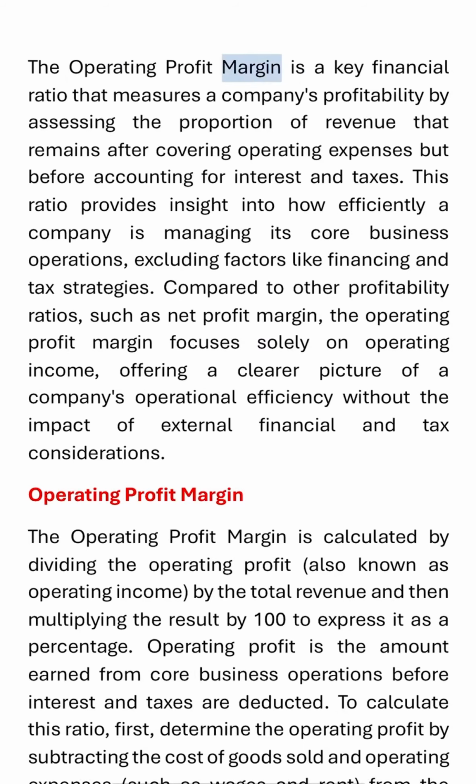The operating profit margin is a key financial ratio that measures a company's profitability by assessing the proportion of revenue that remains after covering operating expenses, but before accounting for interest and taxes. This ratio provides insight into how efficiently a company is managing its core business operations, excluding factors like financing and